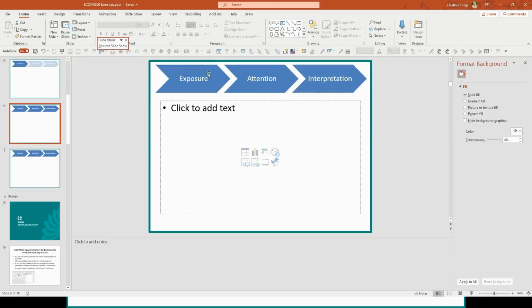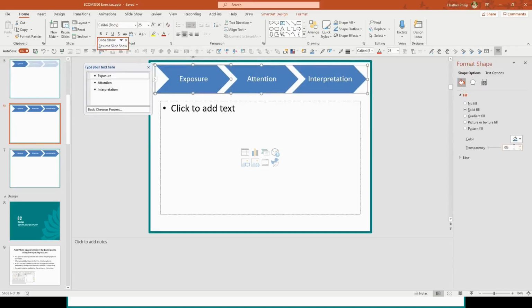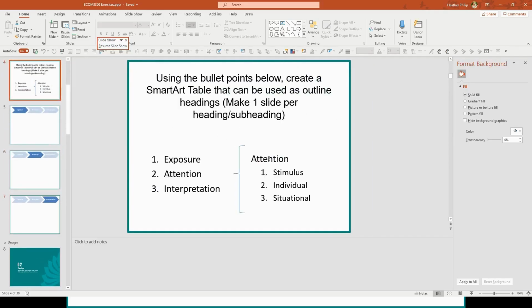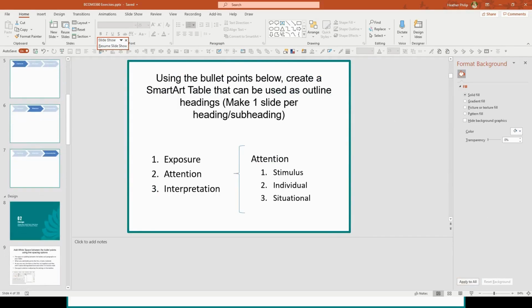So I want to do the same thing over here. Now exposure would be 50 and interpretation, actually I think it was 70 I said. And the final one, this would be 70% transparency, okay? And so what happens is, as we click through, the audience is now looking where you want them to, okay? Same thing if we wanted the subheading, we just put it underneath. Okay, so let's continue